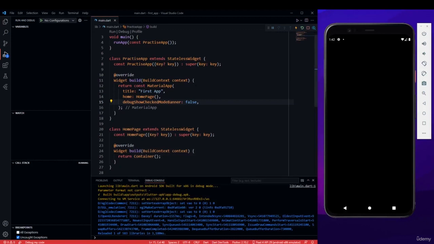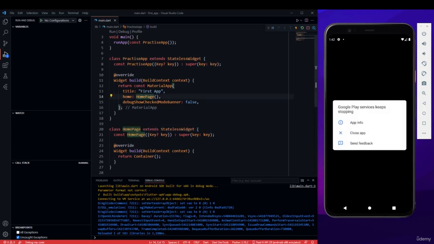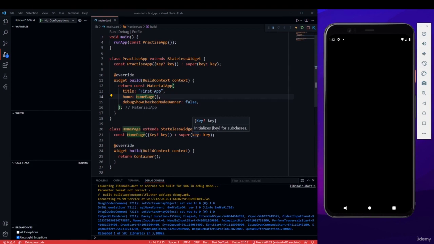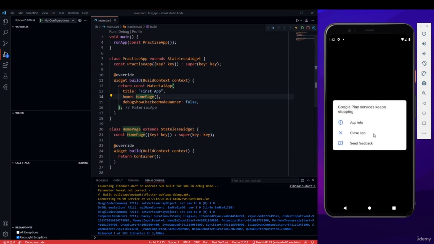Okay guys, so in the previous video, you saw me building this using this stateless widget, right? Now let's understand what that stateless widget actually means. Here are two stateless widgets. One is the main and the second one is actually the home page. Okay, so a stateless widget is basically a widget inside which you can have data,